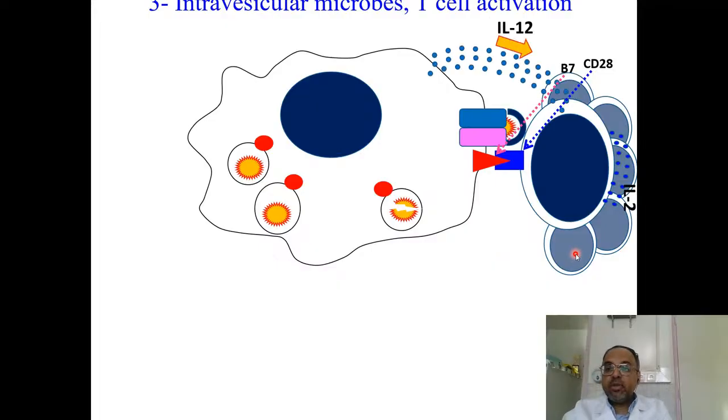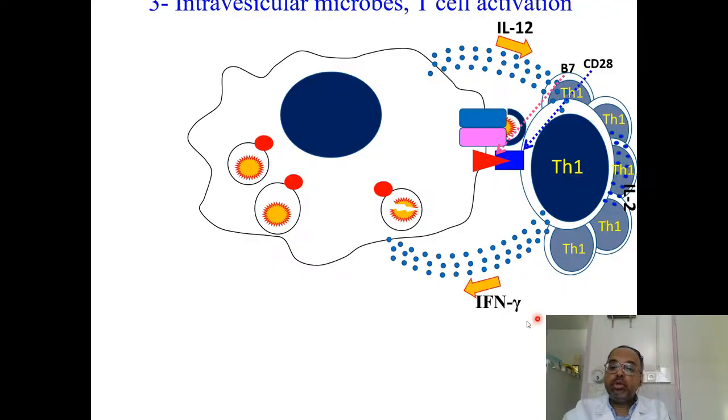What happens next determines the fate of the T cell. CD4 T cells are also called T helper cells because they help other cells. But how they help is important. They can provide help in different formats. If the macrophage here has phagocytosed something like a mycobacterium, a hard to kill pathogen, it will start producing a cytokine named interleukin 12. Interleukin 12 would tell the T cell to differentiate into a subtype called T helper 1. And T helper 1s are able to produce a cytokine named interferon gamma.